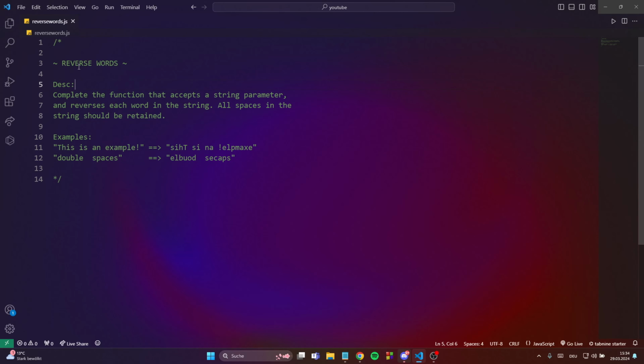So the description of this question is: complete the function that accepts a string parameter and reverses each word in the string. All spaces in the string should be retained. So these are the examples. So this is an example. We'll go to